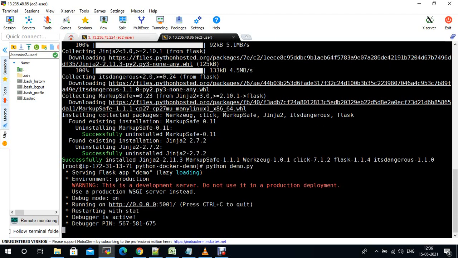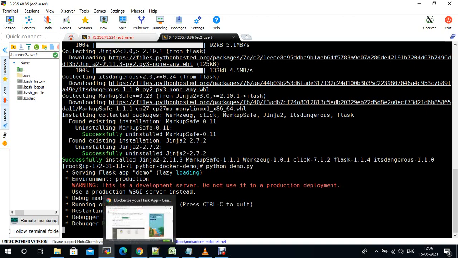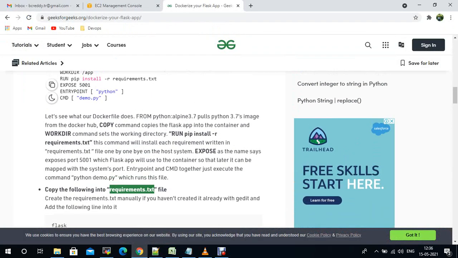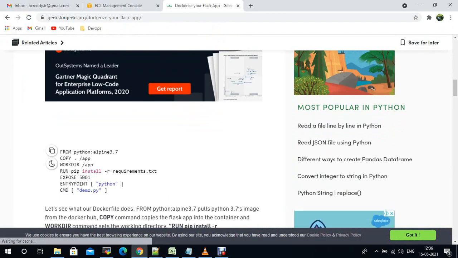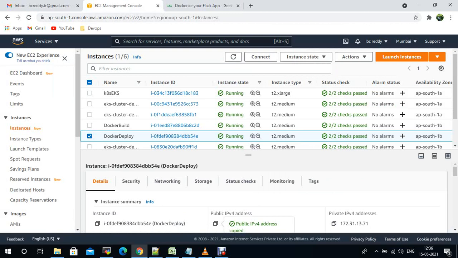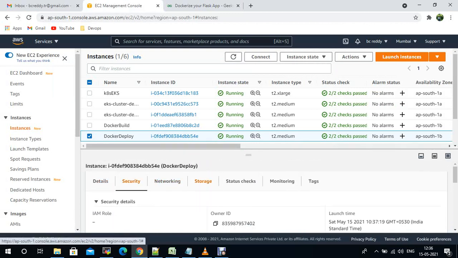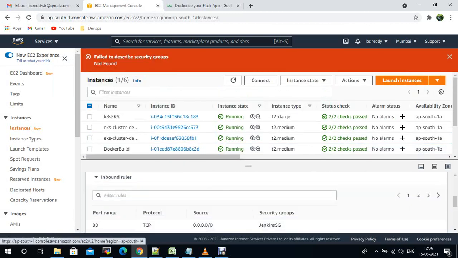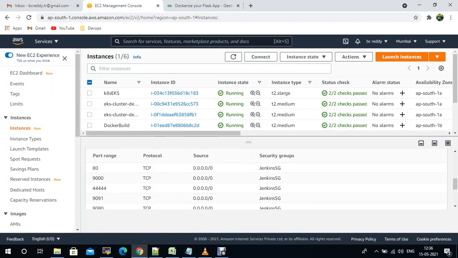See, it is running. So you just need to open the port. It is exposing port 5001. I already opened the port. If you want, you can go to the security group and check.